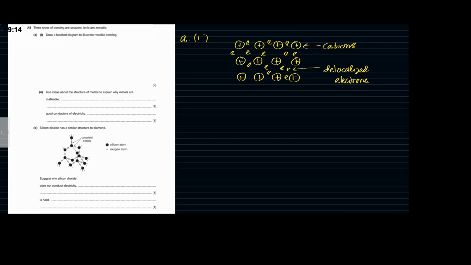Right? So can you say free electrons as well? Yeah, free electrons possible. Right? Okay. Then also the cations, positive ions. Okay. So can you also say positive ions for the cations? Correct. Okay. Use ideas about the structure of metals to explain why metals are